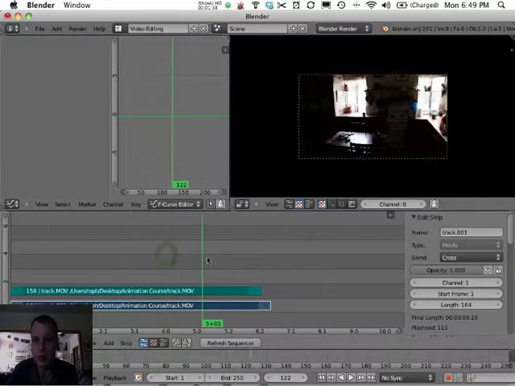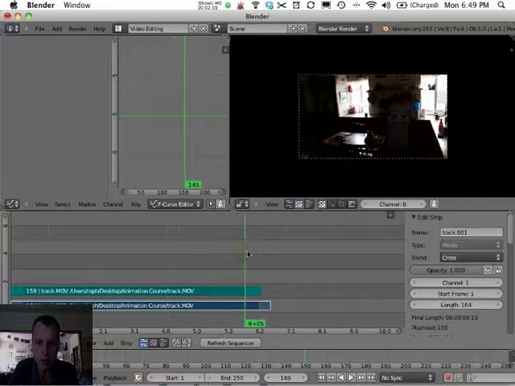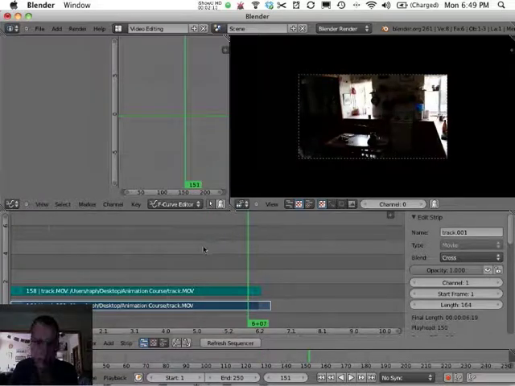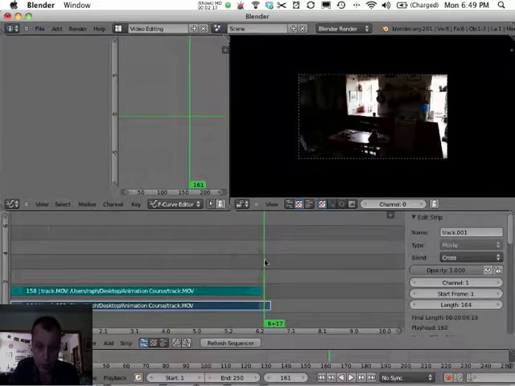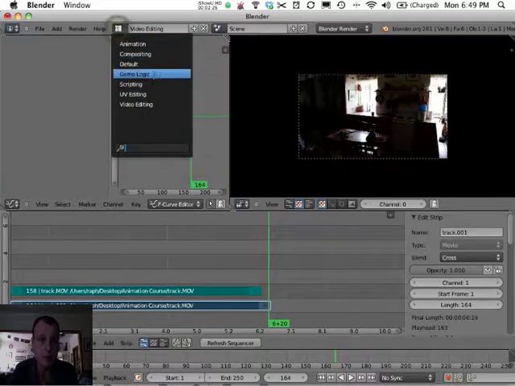But one thing you're going to need to know for some of the tutorials coming up is how to output this movie file as a sequence of images. So that's just what I want to cover now. So we'll leave it at that for learning the sequence editor. Okay, so if I go to the end of my movie, it ends somewhere around frame 164. So I'll just go back to my default layout,